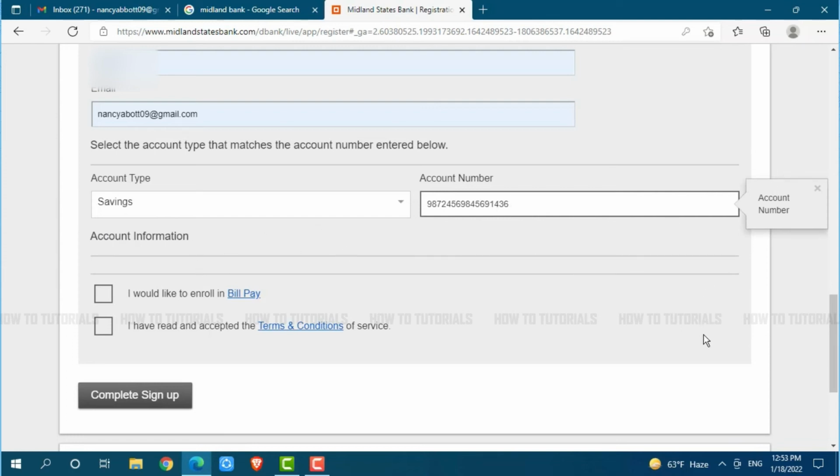Here after you provide all the details, you need to click on the checkbox I would like to enroll in bill pay. I have read and accepted the terms and conditions of service. Then you click on complete sign up, where you will be able to register yourself for the online banking account